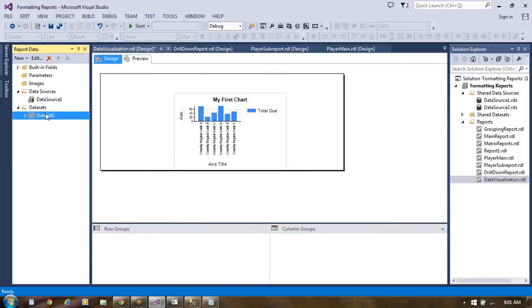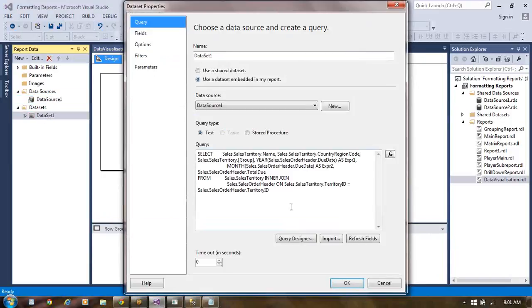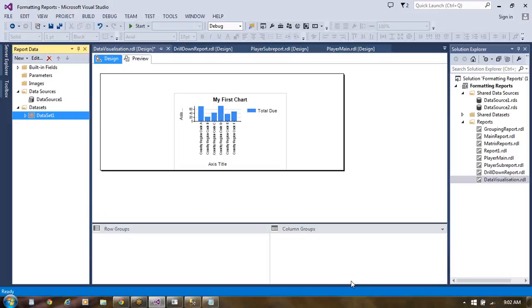If you come to dataset 1, here this can be done. Expression 1 we have here. In the place of expression 1, you can put this as year. Similarly, this you can keep as month. Expression 2 you can make as month here. Just put like month. So this way we made it. Click on OK. Now the report is ready for us.